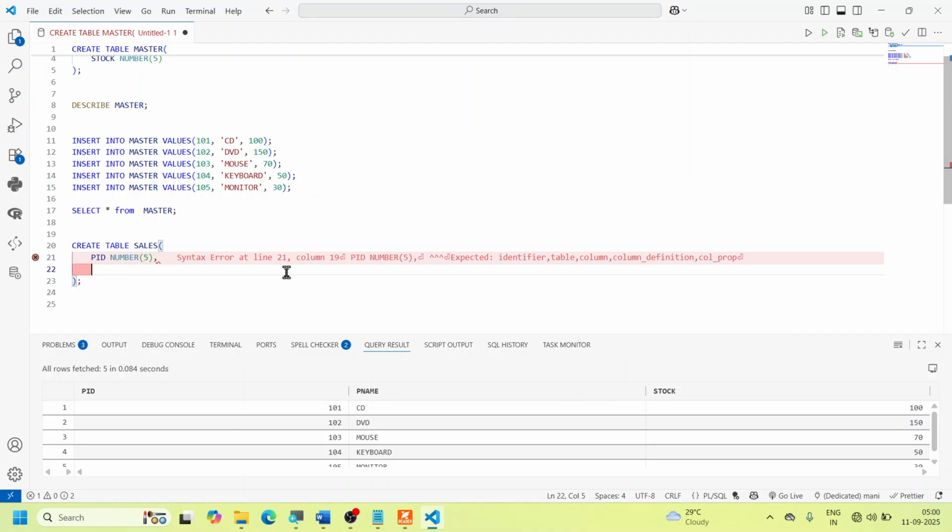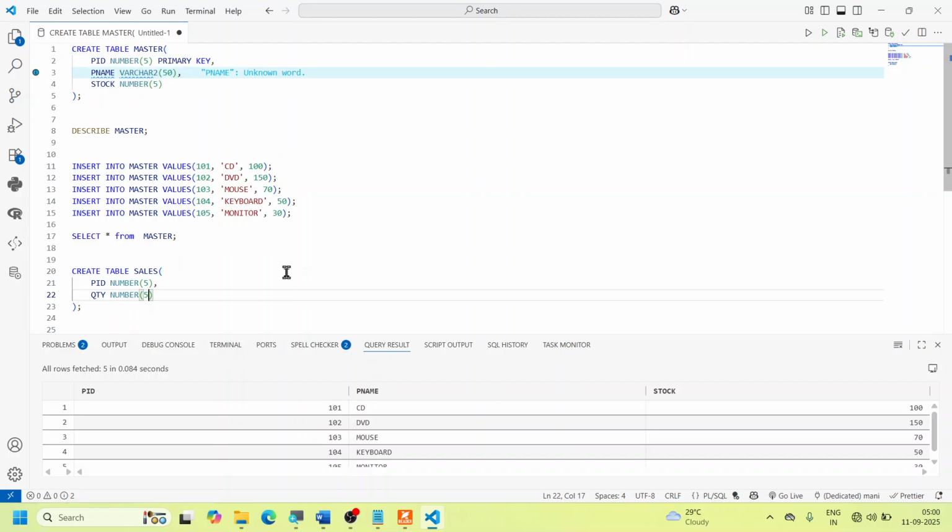I want the product ID and I want the quantity. How many items are being sold? So I will take only these two things. Only they are required for me. Others are not really required because others do not come into the picture, because whenever I sell an item,